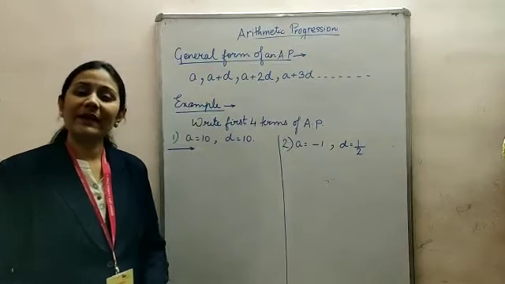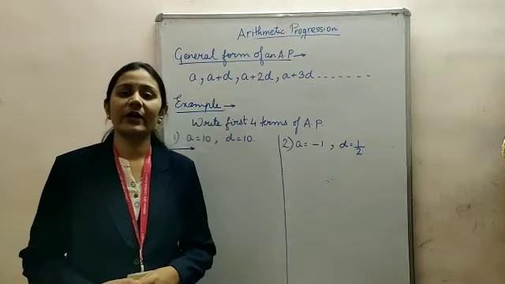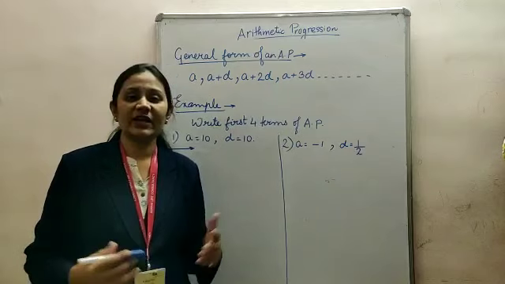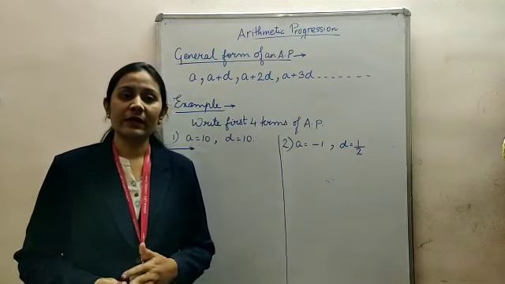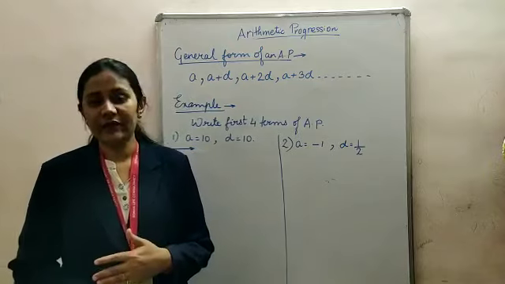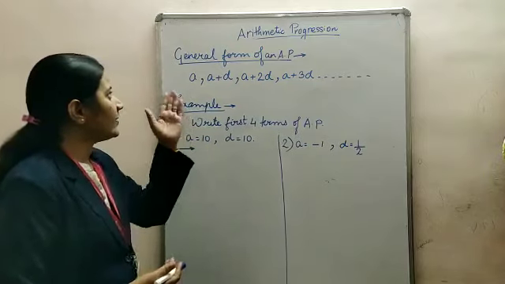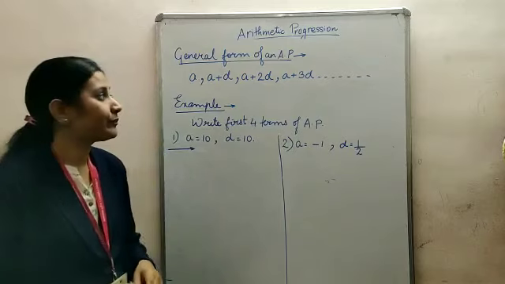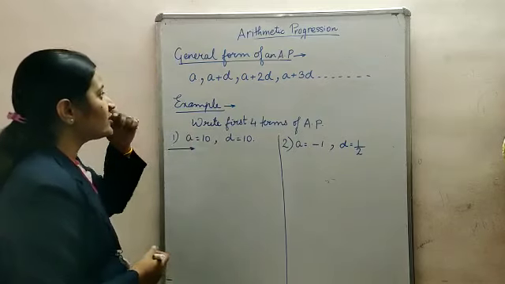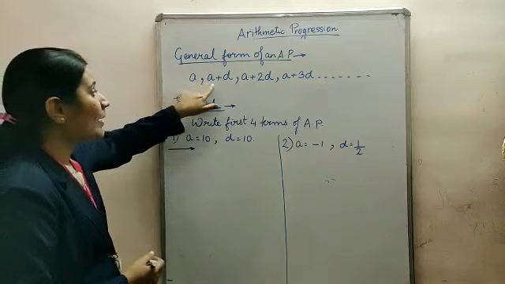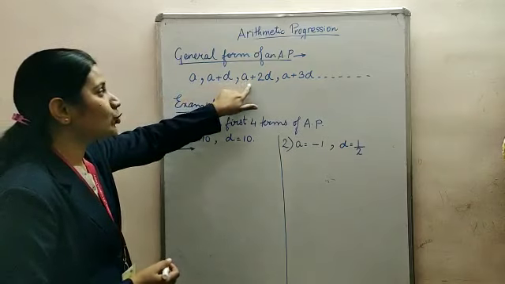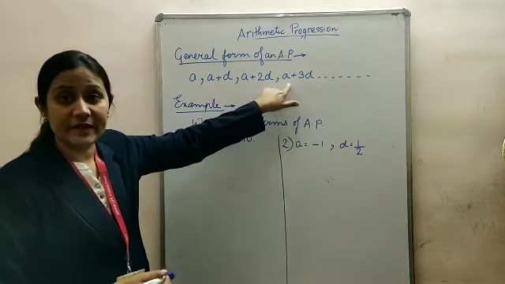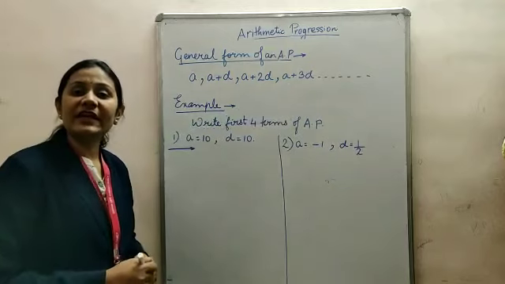तो हमने पहले देखा कि अरिथमेटिक प्रोग्रेशन क्या होता है, उसके बाद में हमने देखा क्लासिफिकेशन ऑफ अरिथमेटिक प्रोग्रेशन, फाइनाइट एपी एंड इनफिनाइट एपी। आगे बढ़ते हैं, we will see the general form of an arithmetic progression. So arithmetic progression is written as a, a plus d, a plus 2d, a plus 3d।